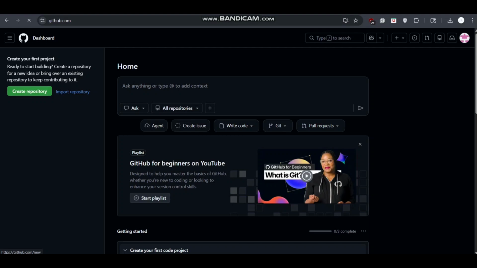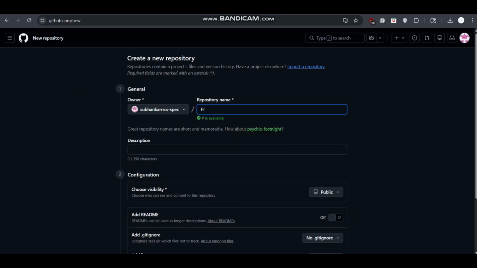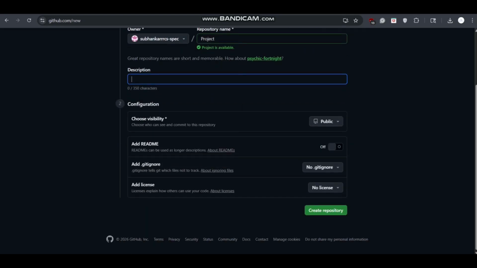So simply go to create repository, and here you have to give a name for your repository. Let's suppose we are using project as our repository name, then we can add some description for our project, and then here keep these all the same, add the readme file from here, and the .gitignore